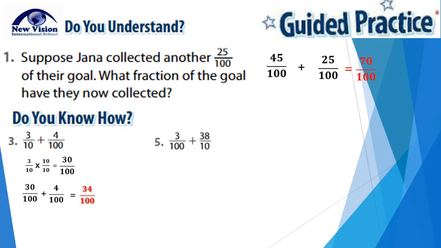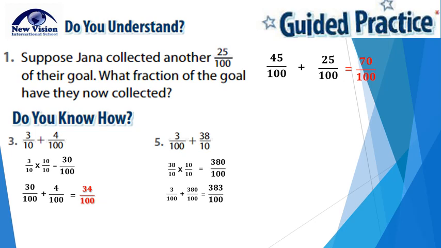Number 5. 3 over 100 plus 38 over 10. Let's find the equivalent fraction of 38 over 10. We multiply it by 10 over 10. 38 over 10 times 10 over 10 is equal to 380 over 100. Then we add 3 over 100. So 3 over 100 plus 380 over 100 is equal to